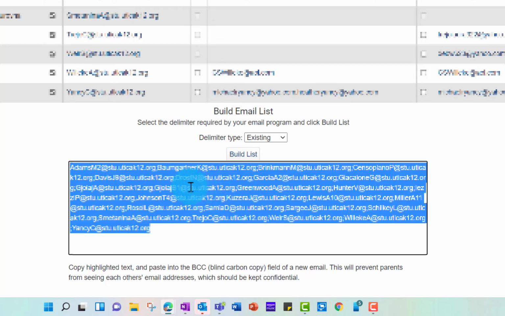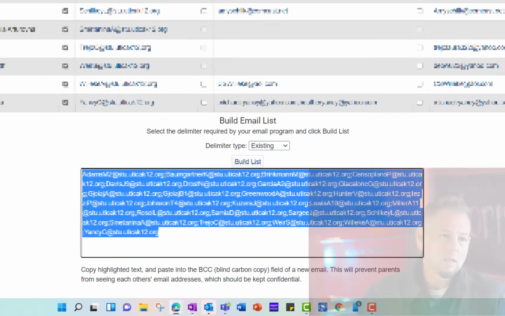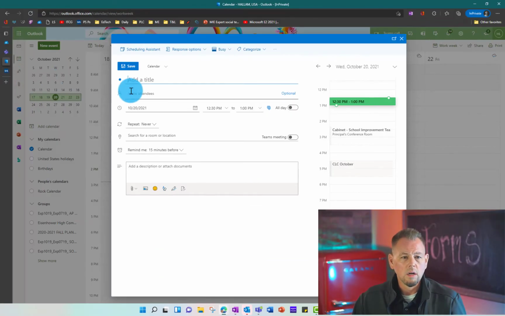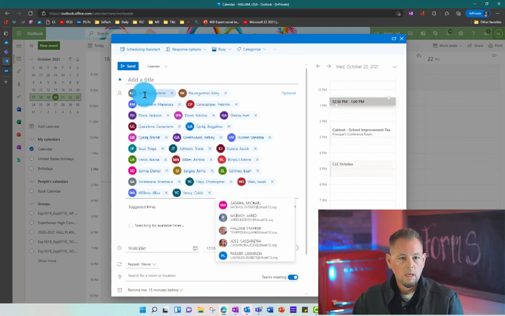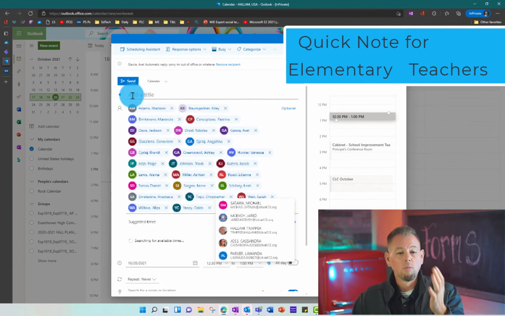Now that I have all of those emails stored, I'm going to go back to my Outlook in my calendar, and I'm going to click on invite attendees, and I'm going to Control-V it. And what should happen is that all of those names will pop in and be populated and recognized. So now when I create my meeting right here,